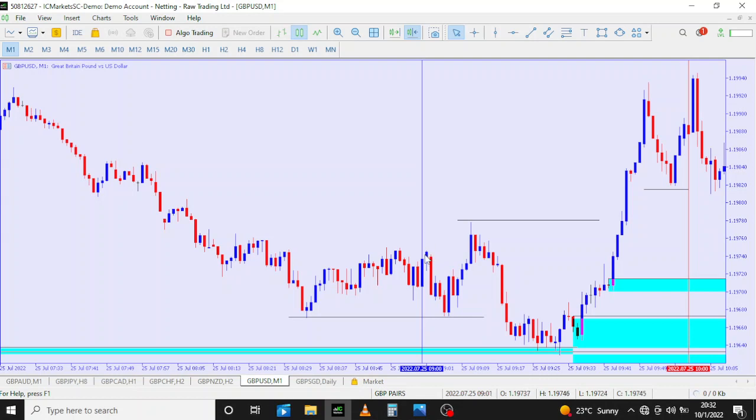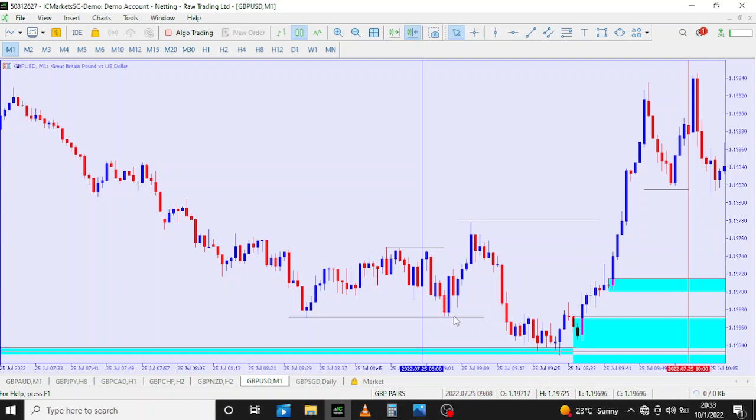and it's created this upside liquidity. It had this before Frankfurt opened. There were these highs, and it introduced this supply, and went on to create these equal lows, liquidity,